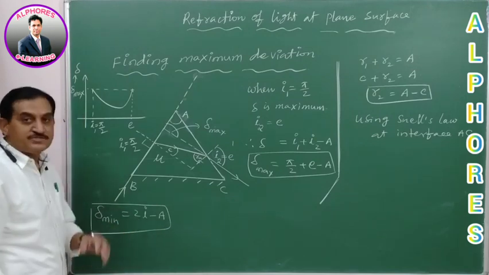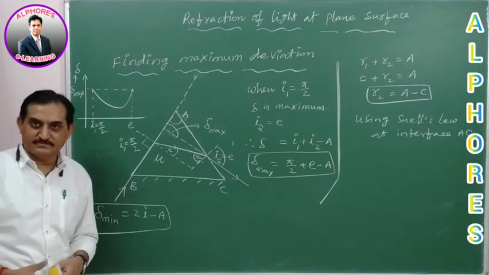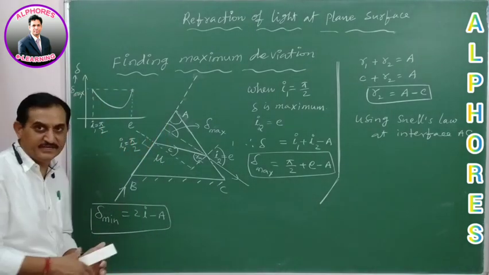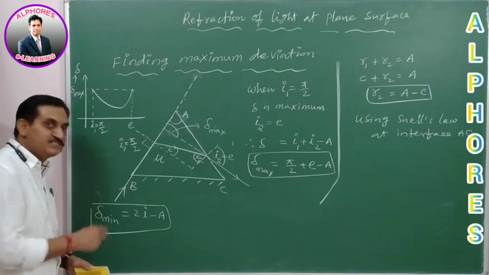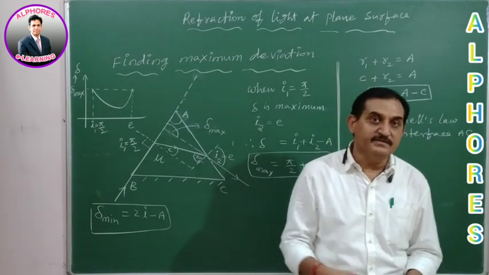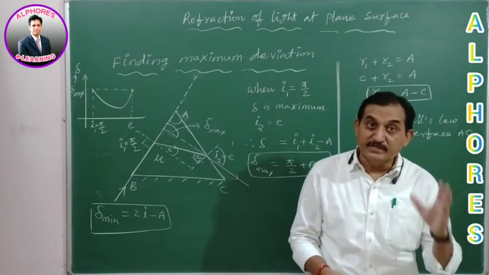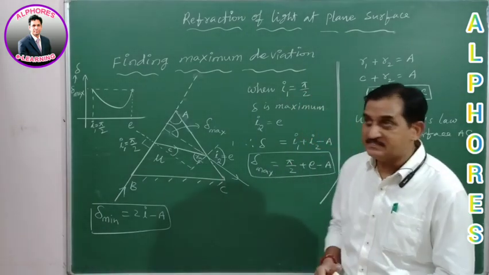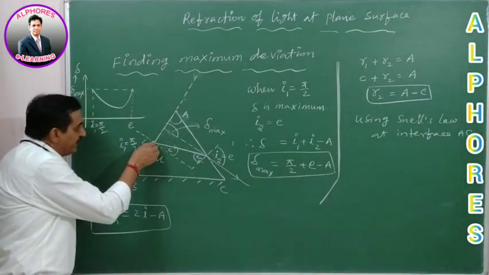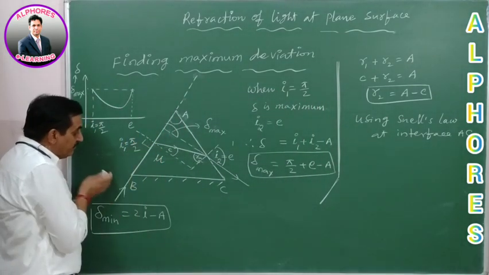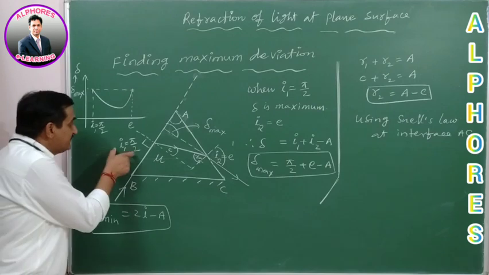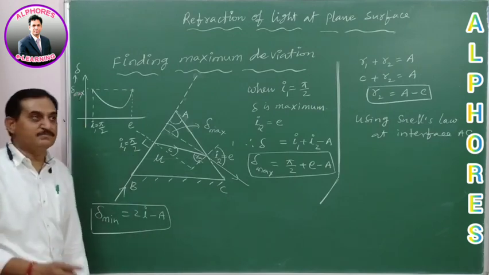Okay. Next, if the angle of incidence is increased further, then what happens? Again the angle of deviation increases, as explained already in the graph. Once you reach the minimum deviation, as the angle of incidence increases further, the angle of deviation will also increase and becomes a maximum. Where is it maximum? When the angle of incidence becomes 90 degrees, that is, when the ray is at grazing incidence. Then the angle of incidence is pi by 2. For this angle of incidence, you will get maximum deviation.